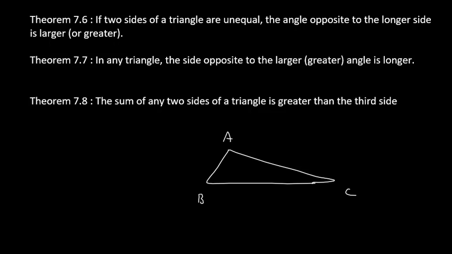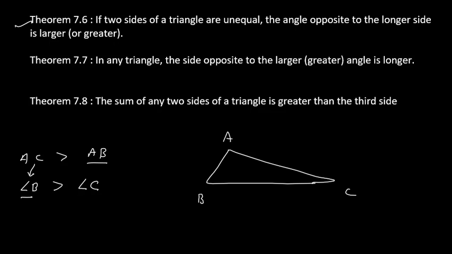Now AB and AC is longer, so here AC is longer than AB. Then angle opposite to longer side is longer, so angle opposite to this longer side AC is angle B. So this angle B is larger than angle opposite to a smaller side, that is opposite to AB, which is angle C. Now easily you can figure out what is angle. So for AC angle is B. So whatever missing alphabet is there in triangle, that is your opposite angle. Okay, this is one way of identifying. Here for AB, C is missing, so angle C is opposite angle. So angle B is greater than angle C.